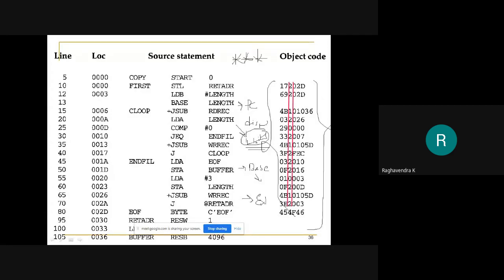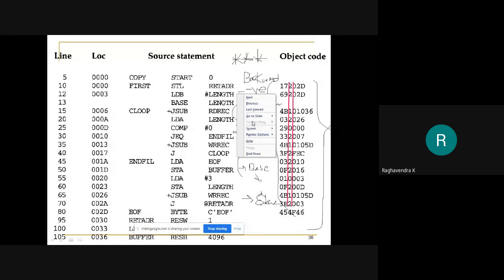Of course, those instructions will be present in the program in extended format, which can't be assembled using base or PC relative addressing mode. And one more thing is backward references, right? Forward reference will always lead to positive displacement, but when you are making a backward reference, then you'll get negative displacement, whether it be PC or base. So when you're using a backward reference, the negative displacement has to be represented using 2's complement. That is one thing that you need to remember.